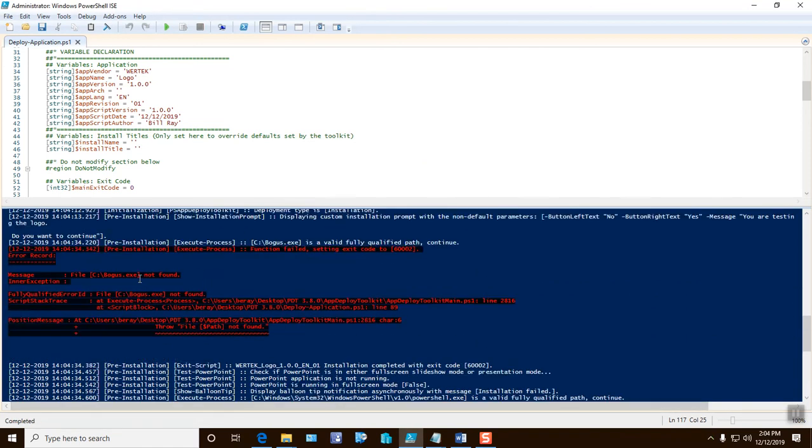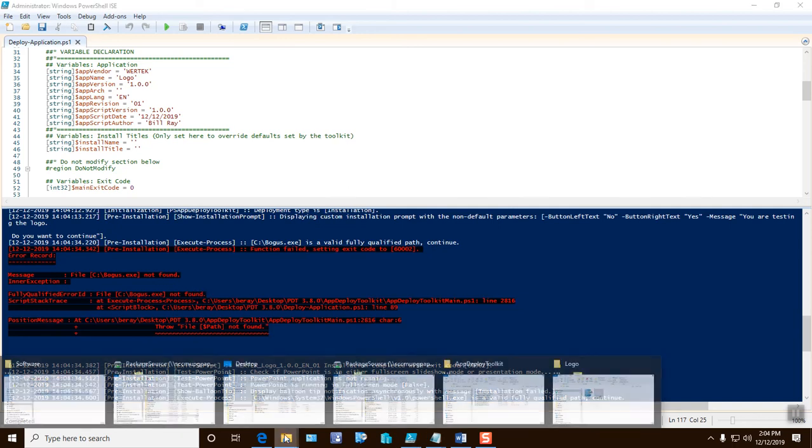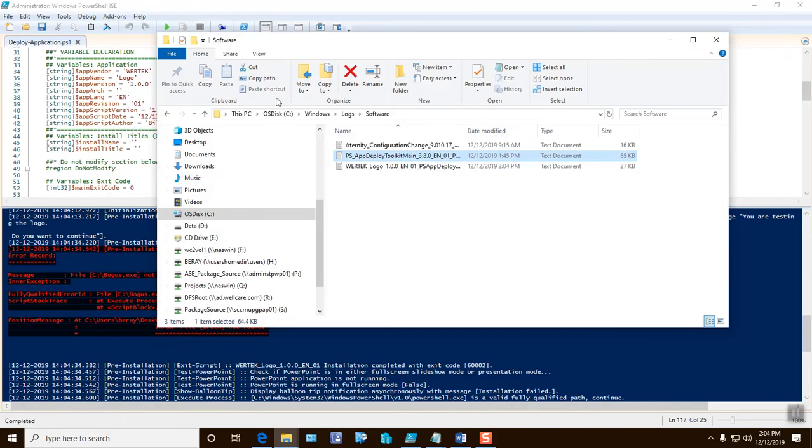I told you we'll create a log. Why does it create a log? Well, I tell it to go out and look for a specific file. It says it's not found. So I know that that's run. How do I know that that's run? Okay, let's go look at the logs. If you go into Windows, Logs, Software,